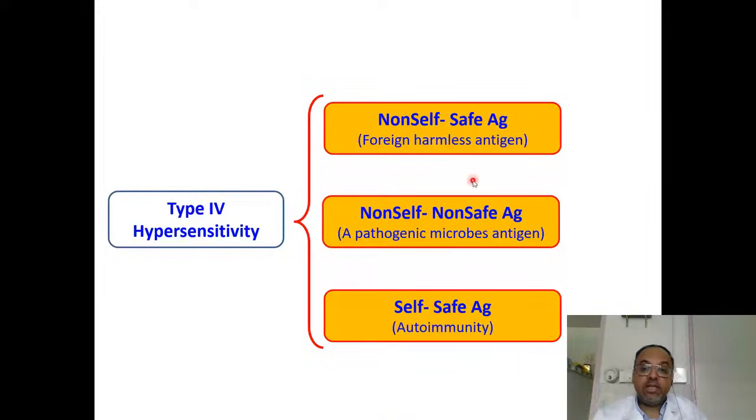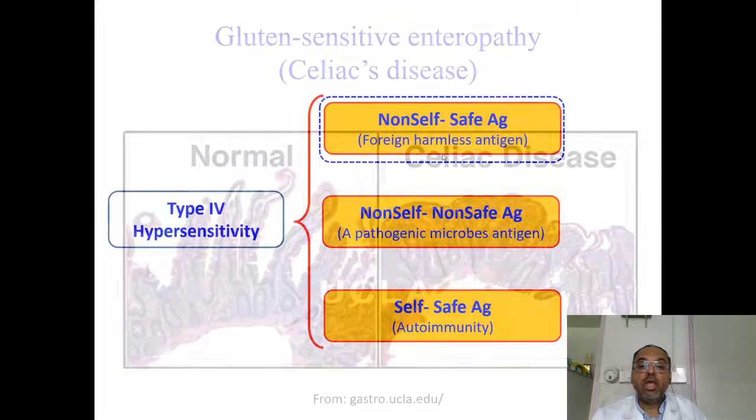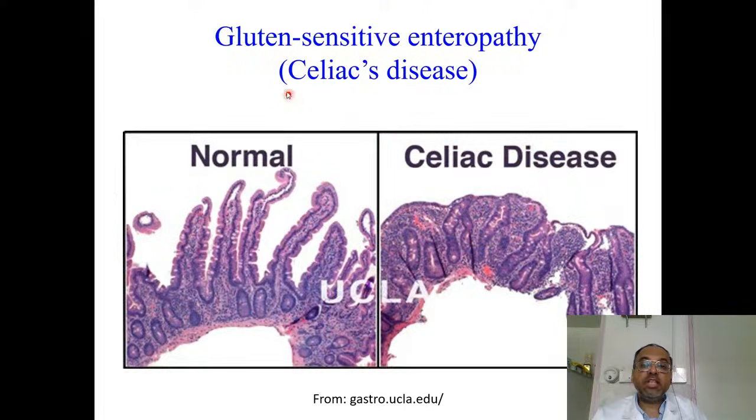So let's see type 4 hypersensitivity against foreign harmless antigens. So this is a disease named celiac disease. Celiac disease usually happens in kids, but it can also happen in adults. And it's due to generation of immune response against gluten. Gluten is a protein which is part of the wheat that we eat, the wheat that we make bread from. So most of us eat bread